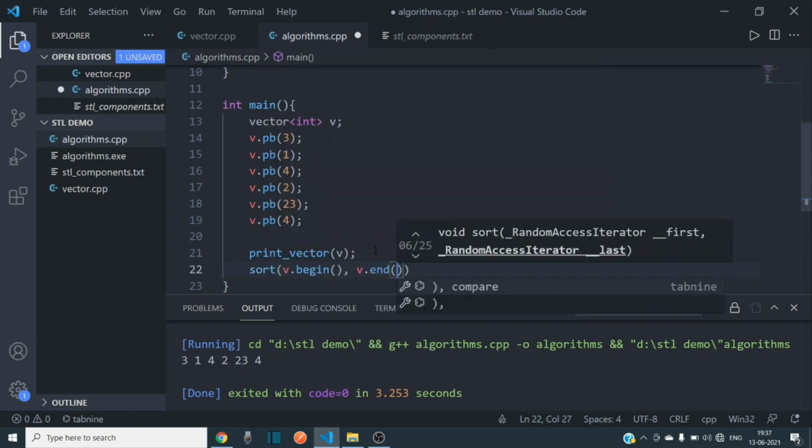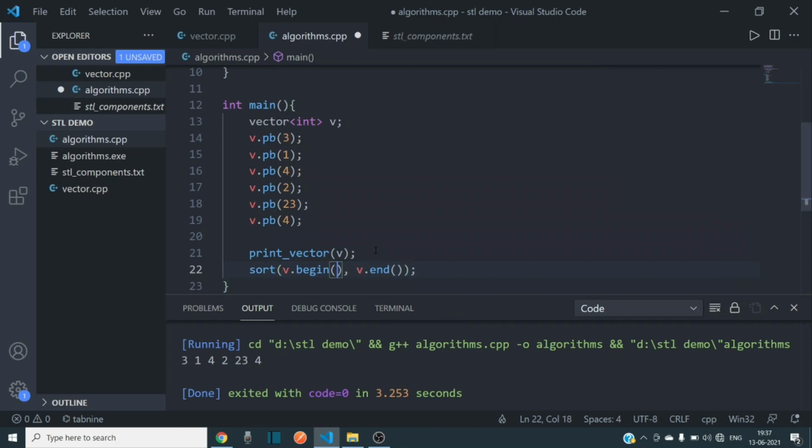Now to sort, we just need to write the sort function, and we have to pass two iterators. The first iterator is the beginning of that container, and the second is the point after the last element of the container. For example, if my vector is 3, 1, 4, 2, 23 and 4, the end would be after the last 4.